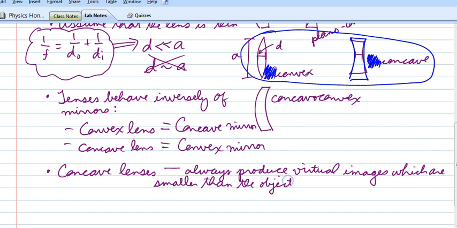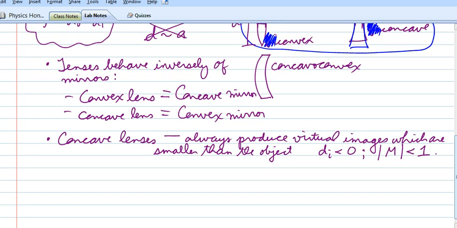So, in other words, di is less than 0, so it's a virtual image. There's a negative image distance, and the absolute value of the magnification is less than 1. Okay, so that's concave lenses, and in the next video I'll do some ray diagrams and kind of show this. Okay, convex lenses,